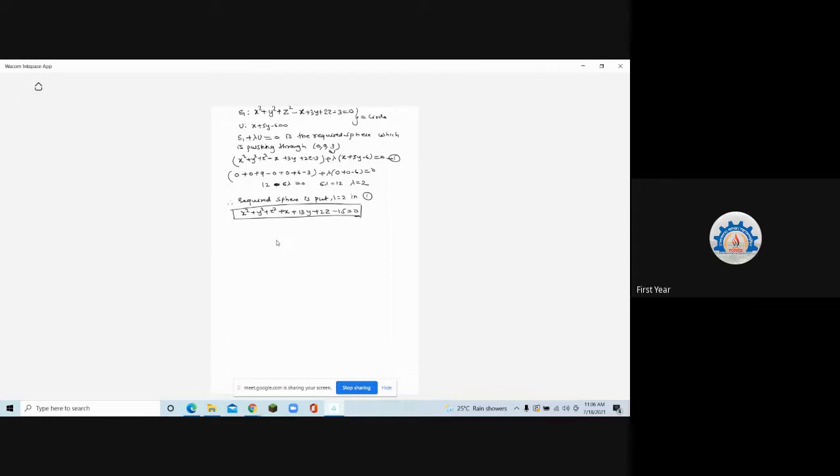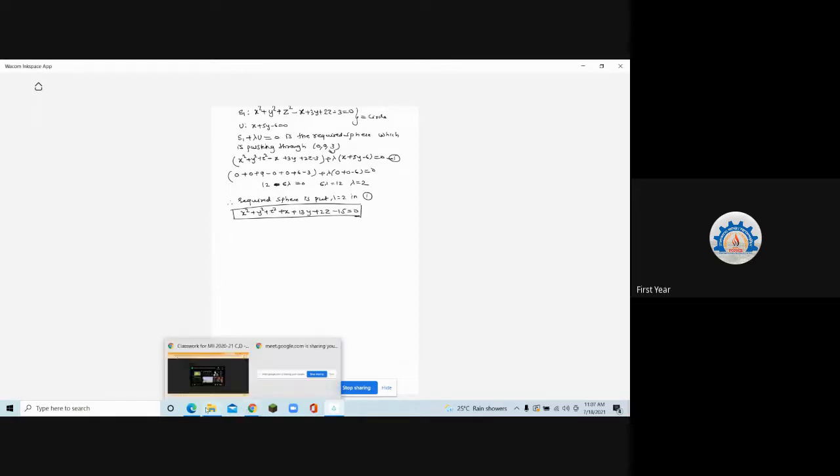Clear, everyone? Yes, ma'am. So what is the concept here? We were not given the center, we were not given the direction ratios of the tangent plane, but we were given an extra sphere. So from that sphere first I found the tangent plane, the intersection of the two will be a circle, and the new sphere passing through that circle is what I need, so that is S1 plus lambda u is equal to 0. The new sphere is passing through (0, 0, 3), put that point and you'll get the answer. Clear?